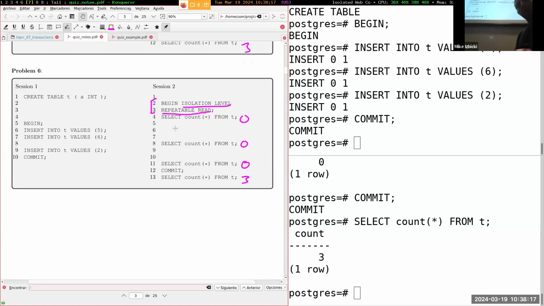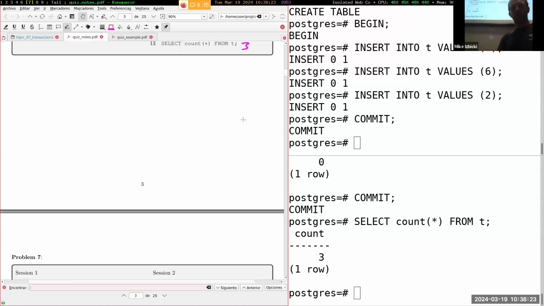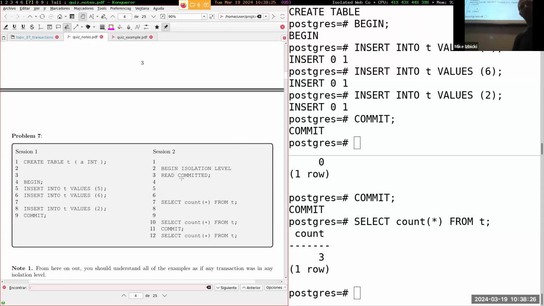What repeatable read guarantees is that once we run this, we're going to get the same results in the future. So I'm going to do problem 7 now with a repeatable read here instead of read committed. So this is like a problem 6.5. I don't actually have it written out here, but I'm going to do problem 7 over here with repeatable read instead of read committed. So in order to do that, I will